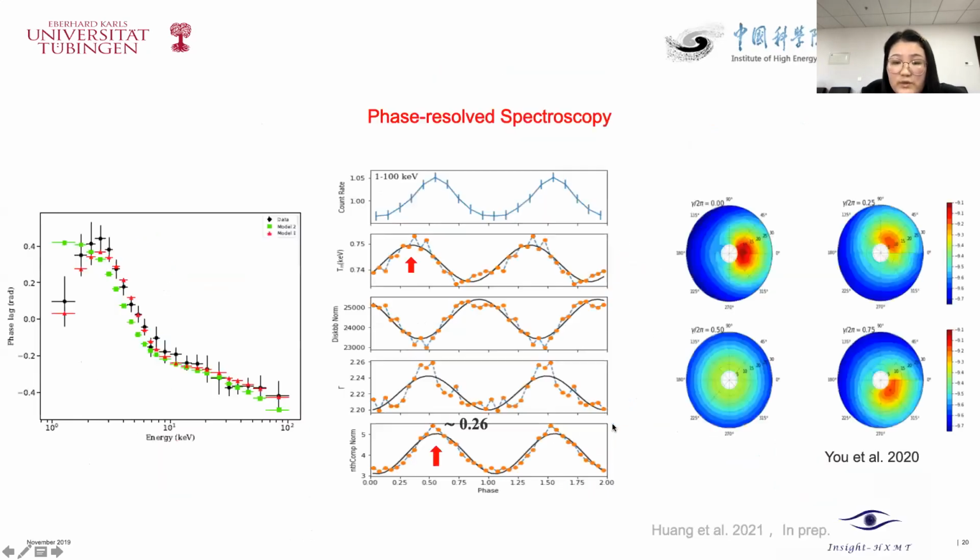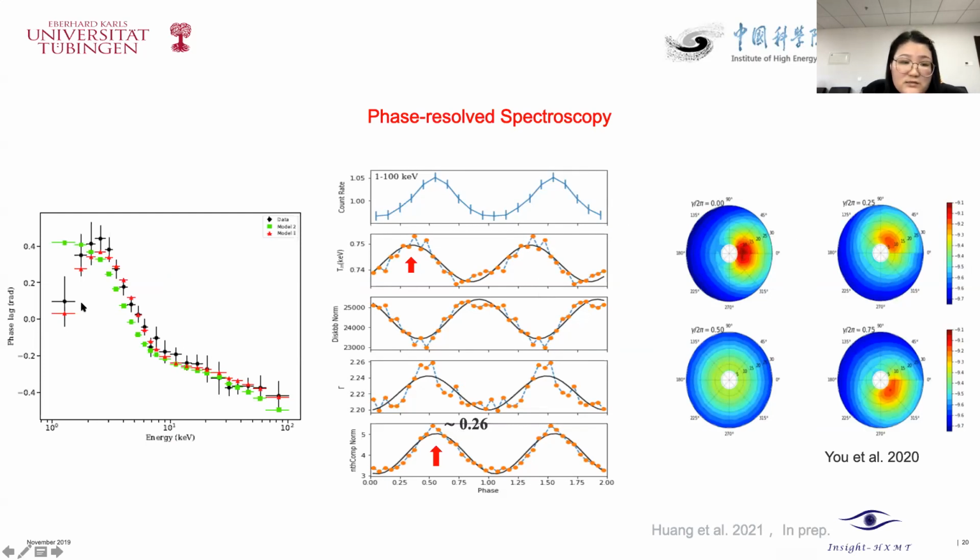So we studied the Fourier spectrum, and we found that there's a time lag between the disk emission, the disk flux, and the Comptonization flux of about 10 milliseconds, compared to the time lag we observed in the low energy range. This could be because the jet illuminates the disk at different angles, so they have different parts of the flux illuminated.